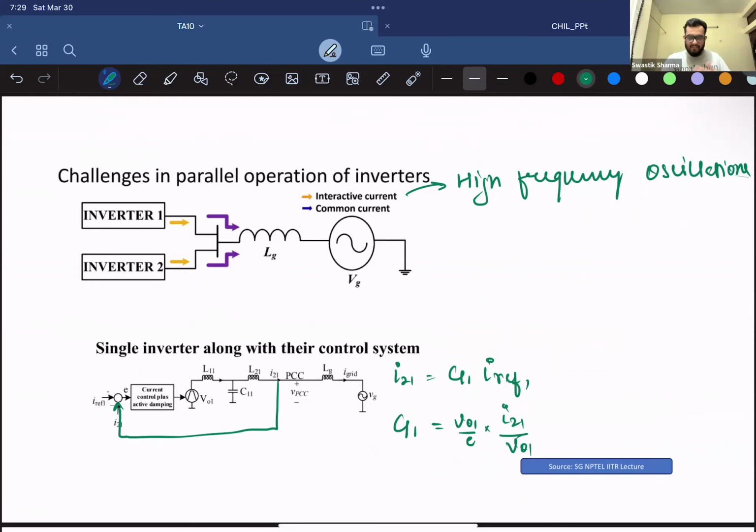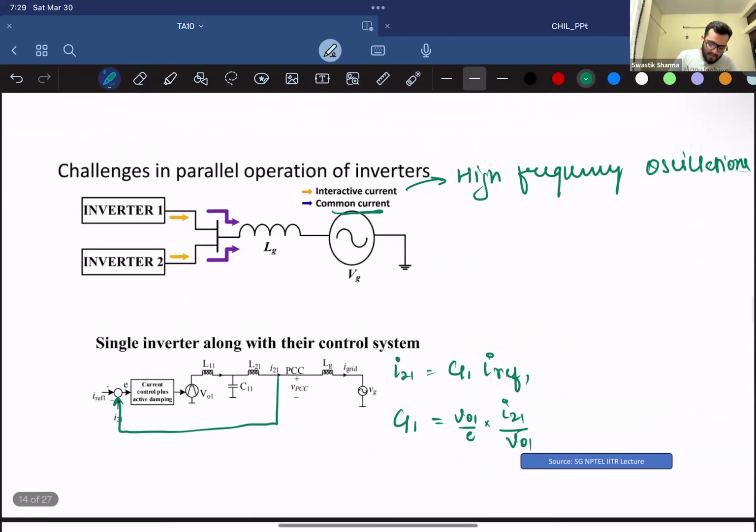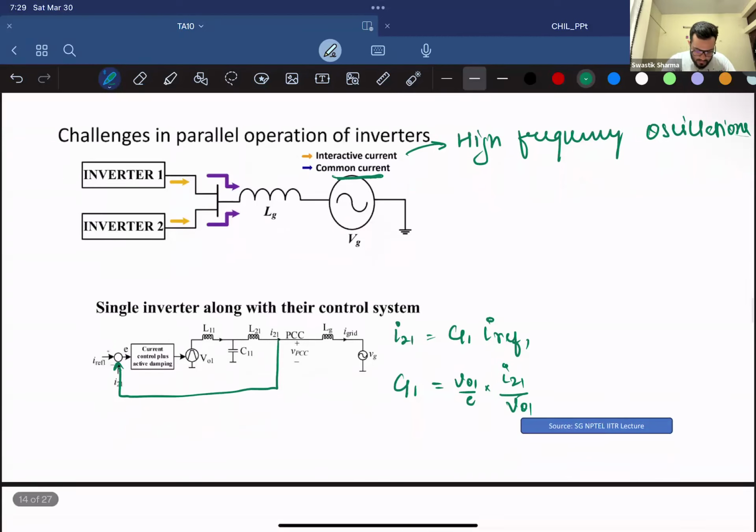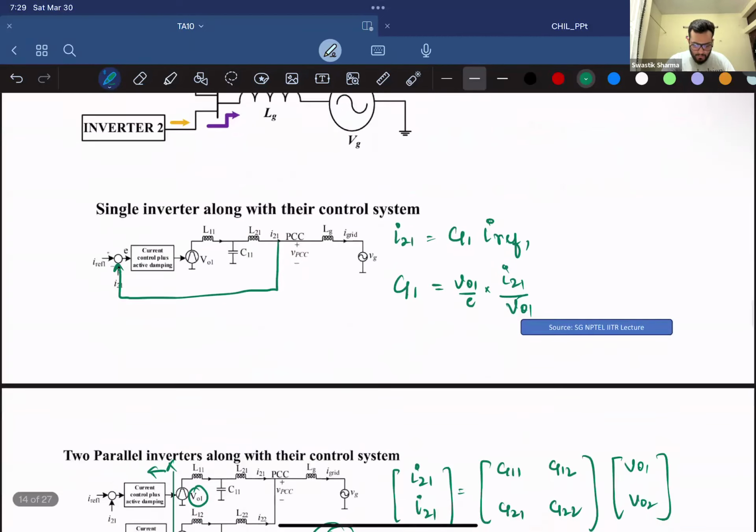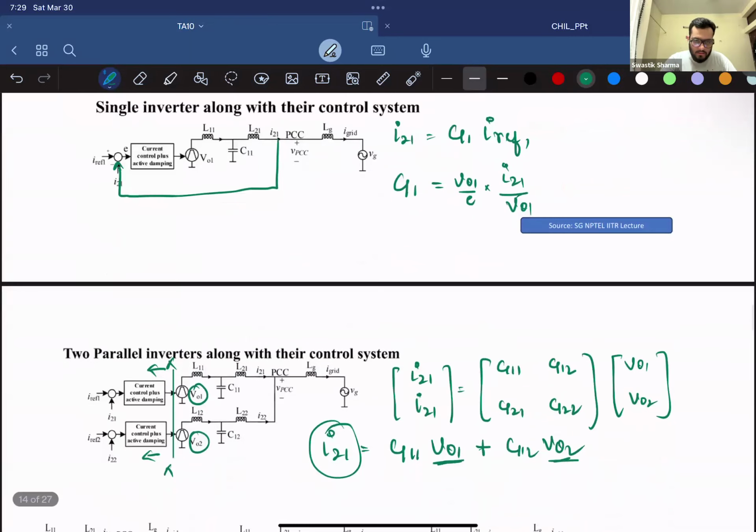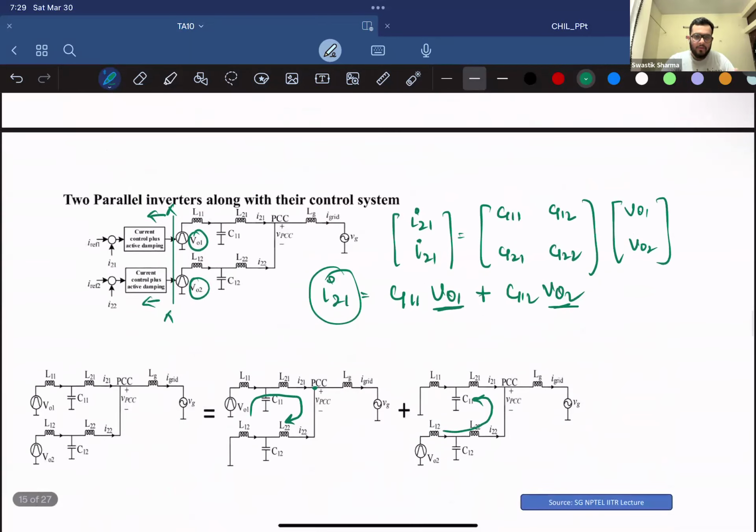It's that the high frequency oscillation present in the interactive current component is there, which travels from one inverter into the other, and only the common current is passed on to the normal grid. So we talked about how this